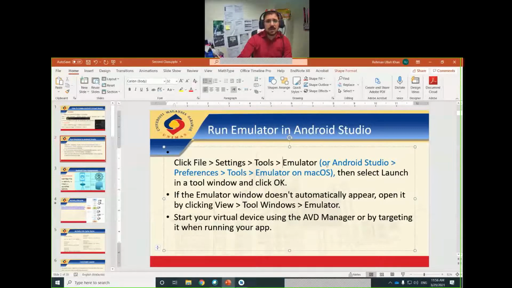And if you are using Mac OS, then you will click Android Studio, then Preferences, then Tools, and then select Emulator. In any case, when you reach the emulator level, you will select launch in a tool window, and then click OK.